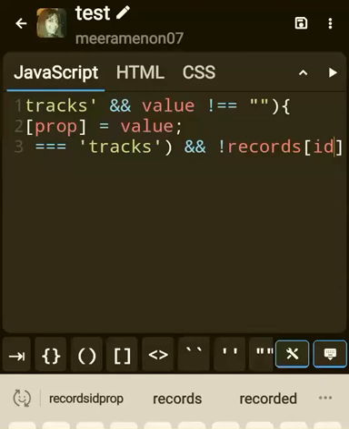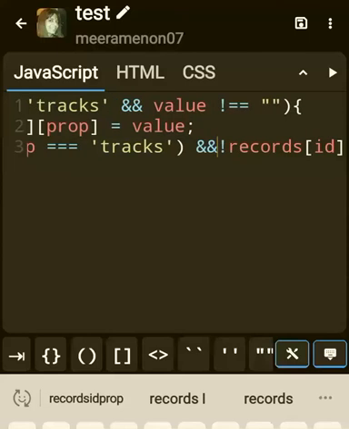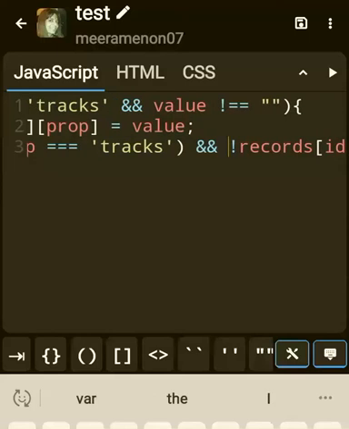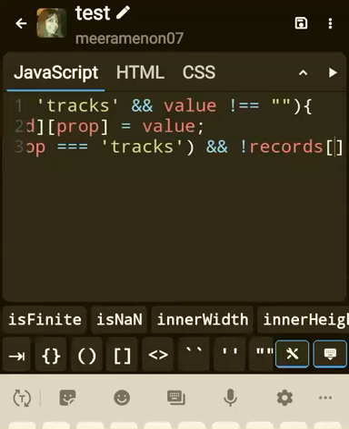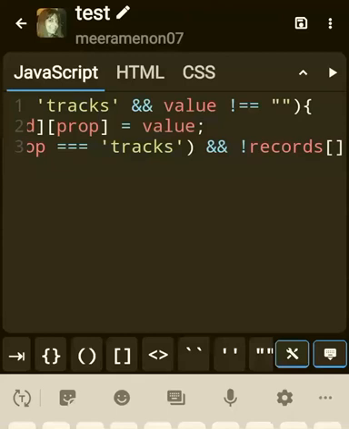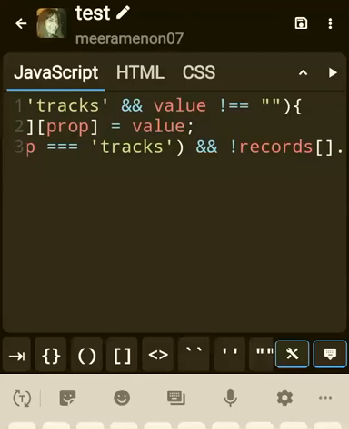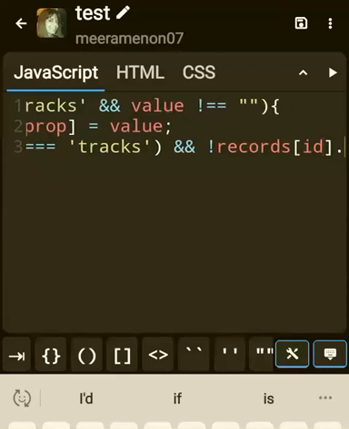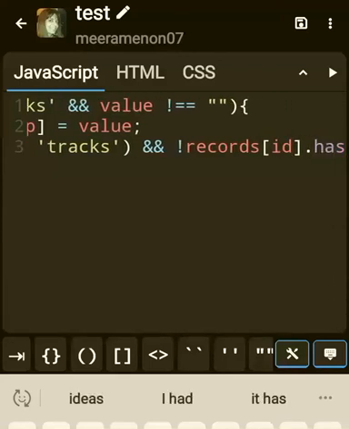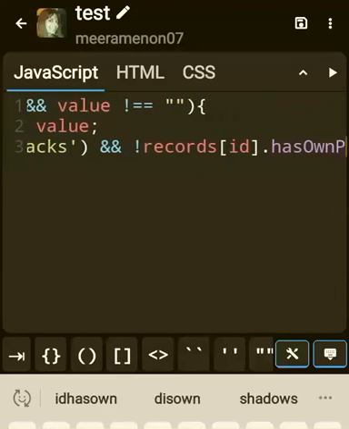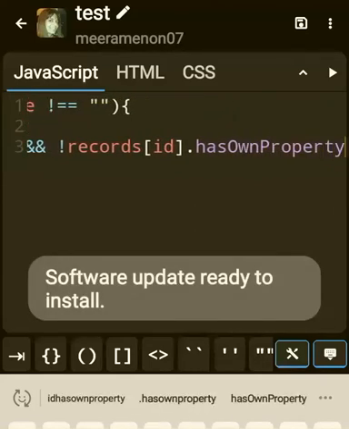Now in this case you can either say hasOwnProperty is false because it does not have the property, or you can say it either way. Or the other way of saying it is using the not. So you can use both ways. Remember in JavaScript there are many ways of doing it. Either you can say records.hasOwnProperty is equal to false, or you can say not records ID, because you are identifying it by the ID, then again dot hasOwnProperty.